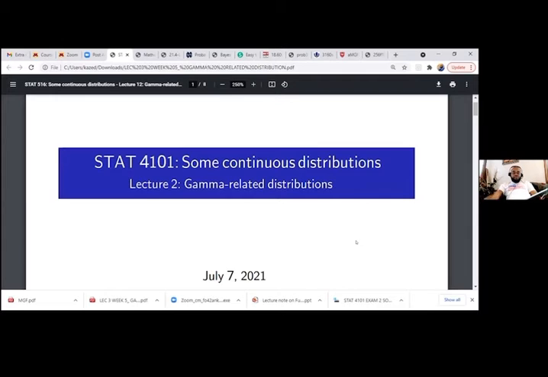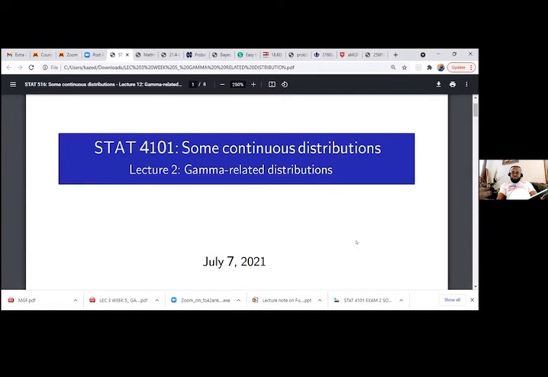Now we have other forms of continuous probability distributions. I remember I started with the uniform distribution. From uniform we went to the normal distribution, and from normal we talked about the exponential distribution, and from exponential we talked about the Weibull distribution. Right now we want to go into gamma related distributions. All of them fall under continuous probability distributions. I want to welcome you once again to this topic, called gamma related distributions.